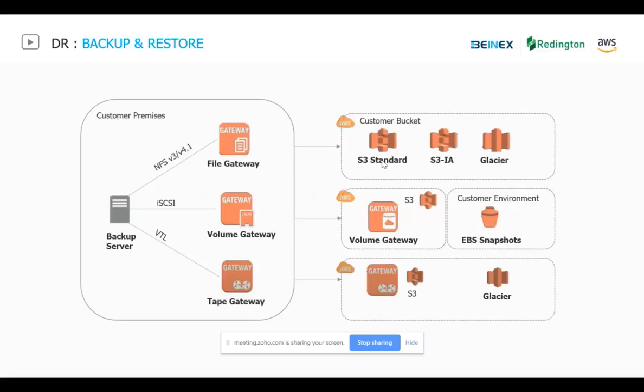Now, if you save some files, or let's say you have installed your complete application on this iSCSI target that you imported through a volume gateway, this volume gateway is again replicated to AWS S3, which is the simple, scalable storage on AWS, with an unlimited amount of storage. And if you want to convert this iSCSI target into a virtual hard disk, in AWS terms it will be EBS, the Elastic Block Store.